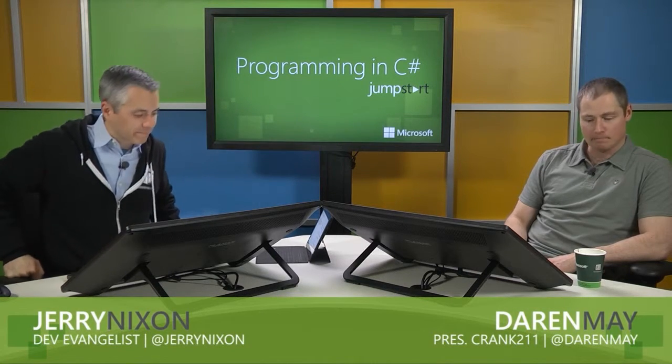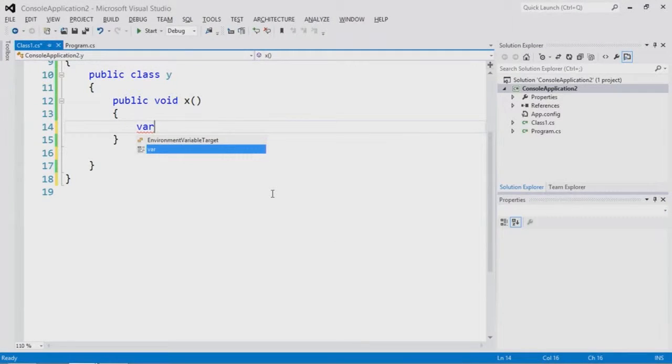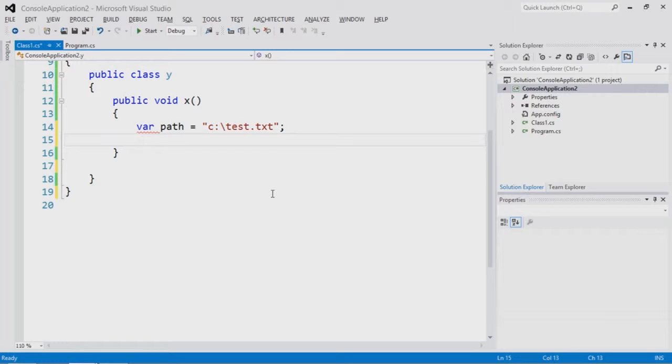All right, let me show you a fun demo here. Let's pretend I'm going to read a file real quickly, and when I read a file, it comes back as a stream, and we'll talk about streams. Let me set a fake path here, something like test.txt. This is how I would set up whatever the path is. Let's say it's a real file. And I want to say var file equals File.Open,